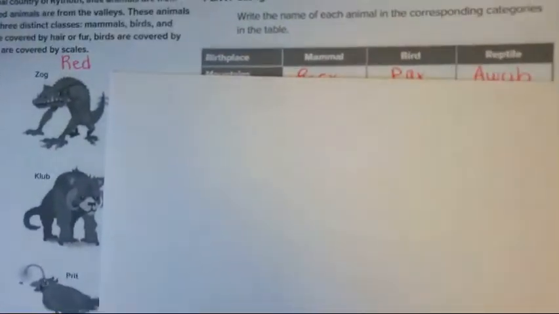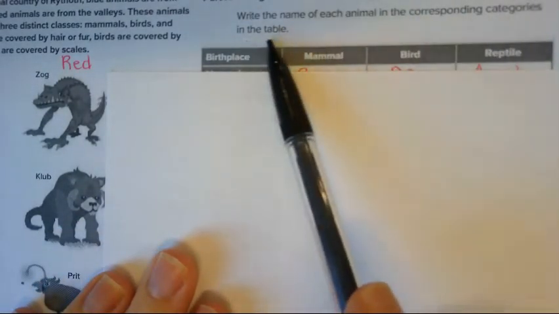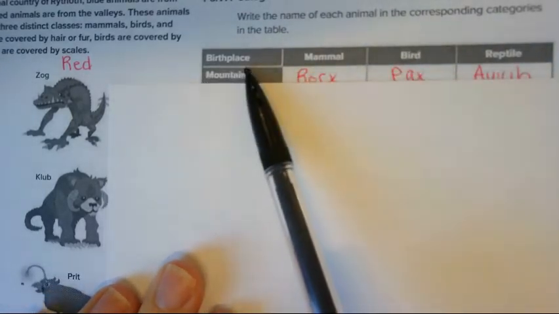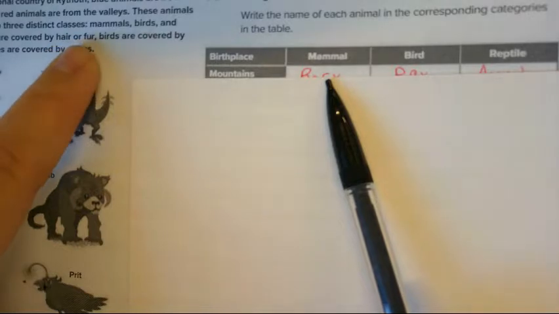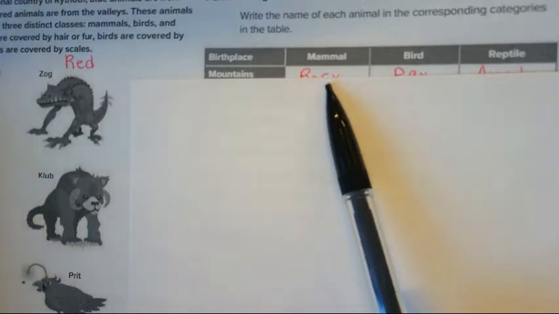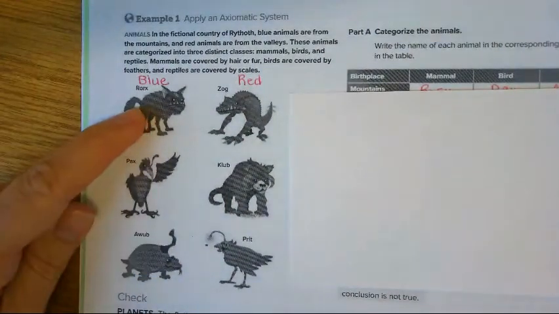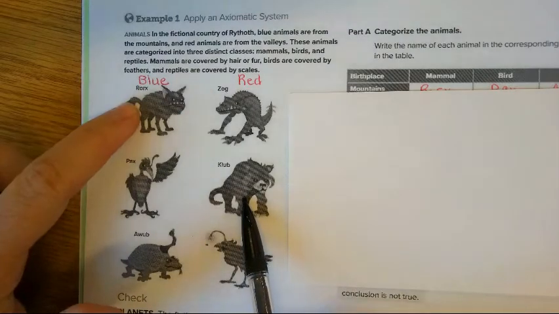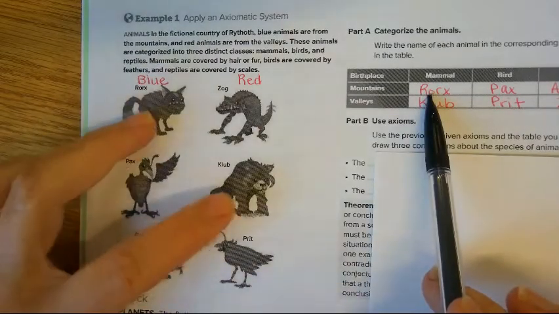Zoom in a little bit. There we go. It's telling you to write the name of each animal and the corresponding categories in that table. So here are all the different types of animals, and off to the left you have your mountains and your valleys. Based off the fact that mammals are covered by hair or fur, this one right here looks like it has fur on it, and so does this guy. Based off their color, I would then know where they would be living. So the Rorex is going to be living in the mountain,